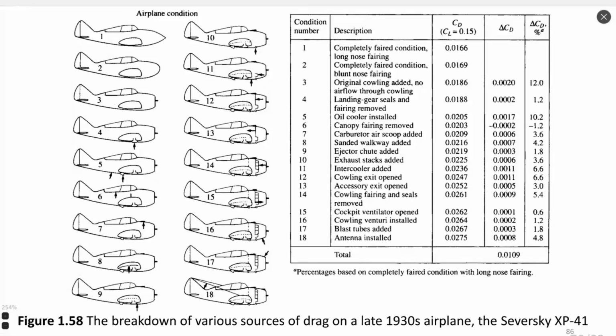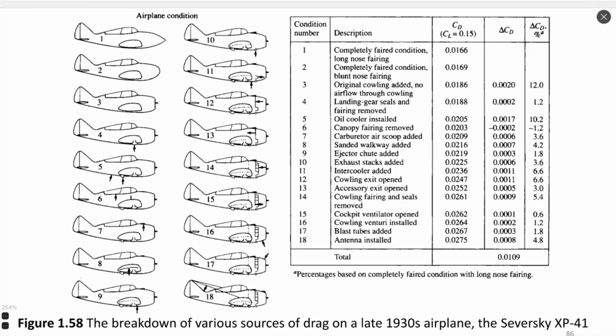And then Anderson shows practical application of estimation of drag and its influence on various configurations of airplane. This is a very old airplane from the 1930s, like 100 years old, but it serves as a demonstration, the XP-41, that shows that when we change the geometry of the airplane even a bit,